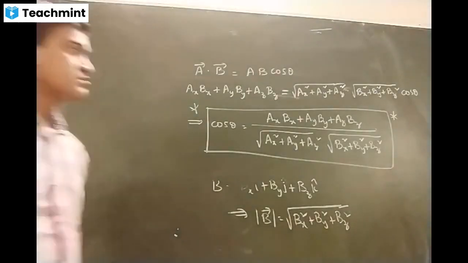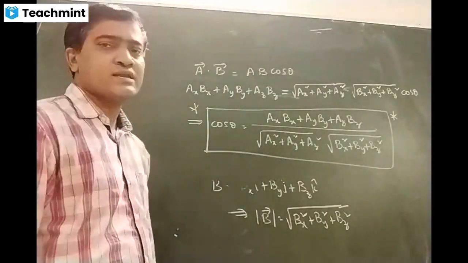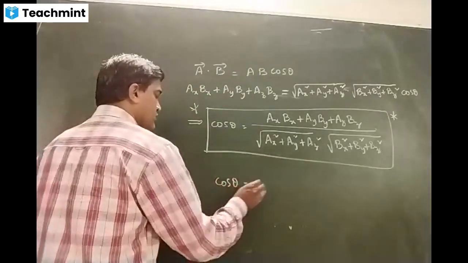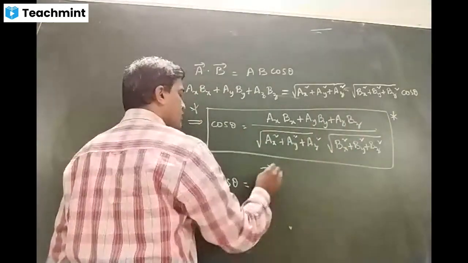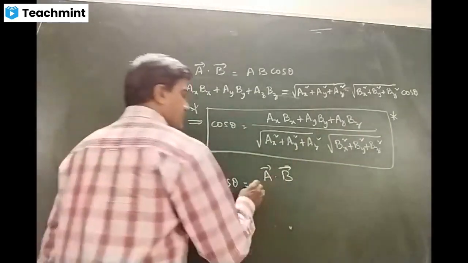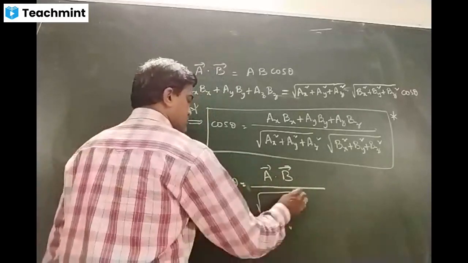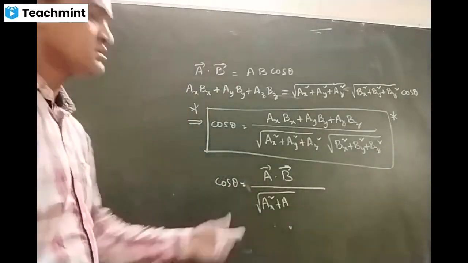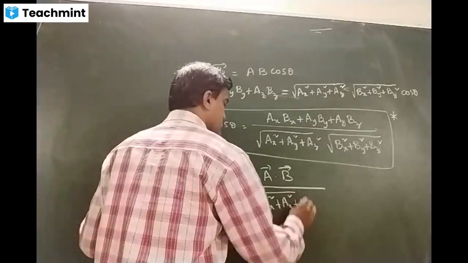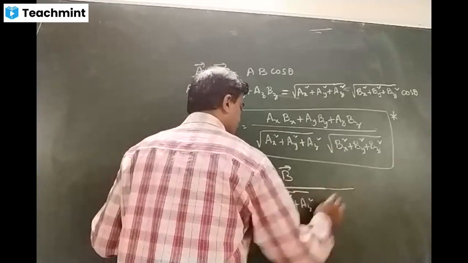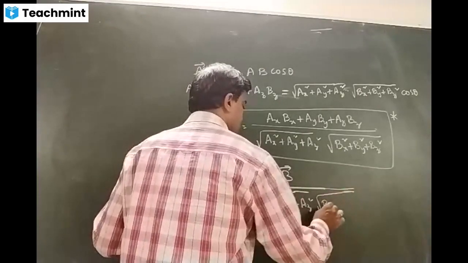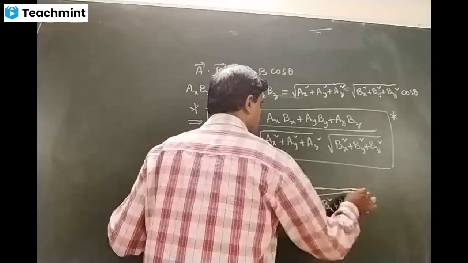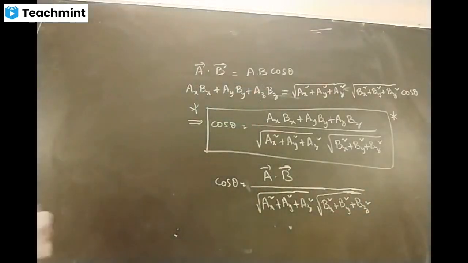Right? So cos theta is equal to AX BX plus AY BY plus AZ BZ over the rest, or I can simply write it this way: cos theta is equal to A bar dot B bar divided by modulus of A into modulus of B. Modulus of A is nothing but the square root of AX square plus AY square plus AZ square, and modulus of B, or magnitude of B, is nothing but the square root of BX square plus BY square plus BZ square. Okay, so this is how we